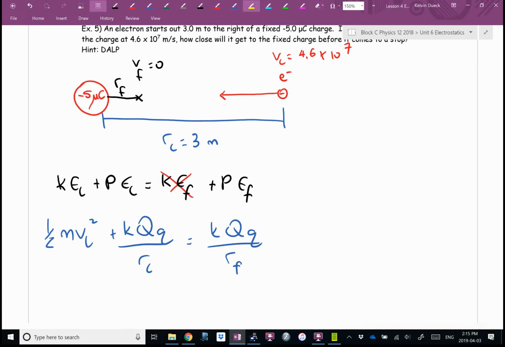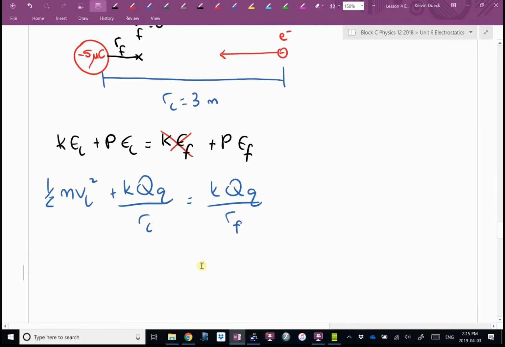You know what I'm going to do, Justin? I'm going to turn this into one number first. I'm going to crunch all this, and then when I have one number equals this, then I'll get the r final by itself. So here we go. 0.5